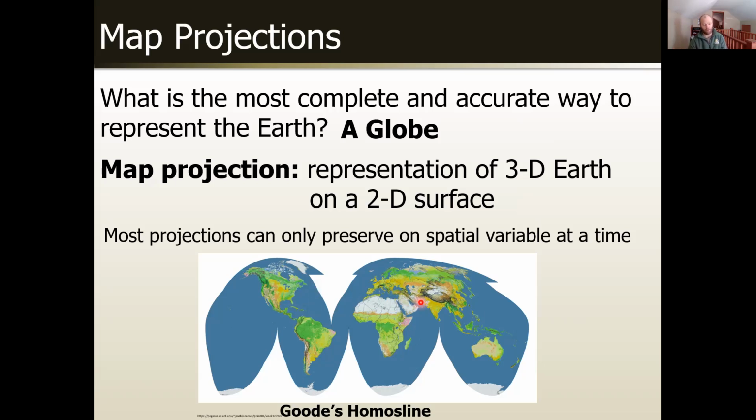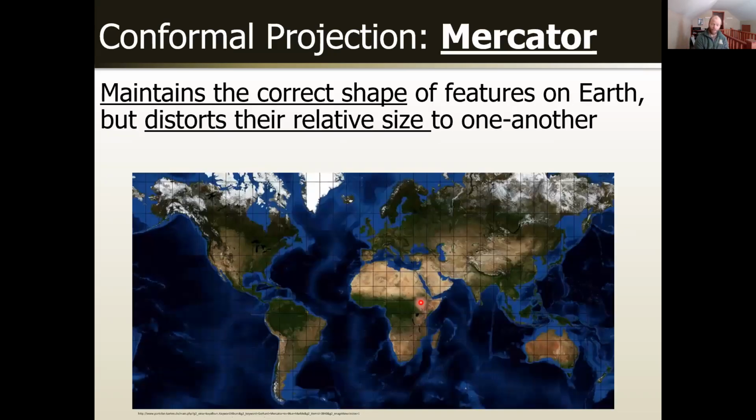Some more common projections we do commonly see if you use something like maps, your Apple Maps or Google Earth or Google Maps, or on news and other sources. Two major and very common projections we're going to describe here. One is the Mercator projection. The Mercator projection, as it looks like here,